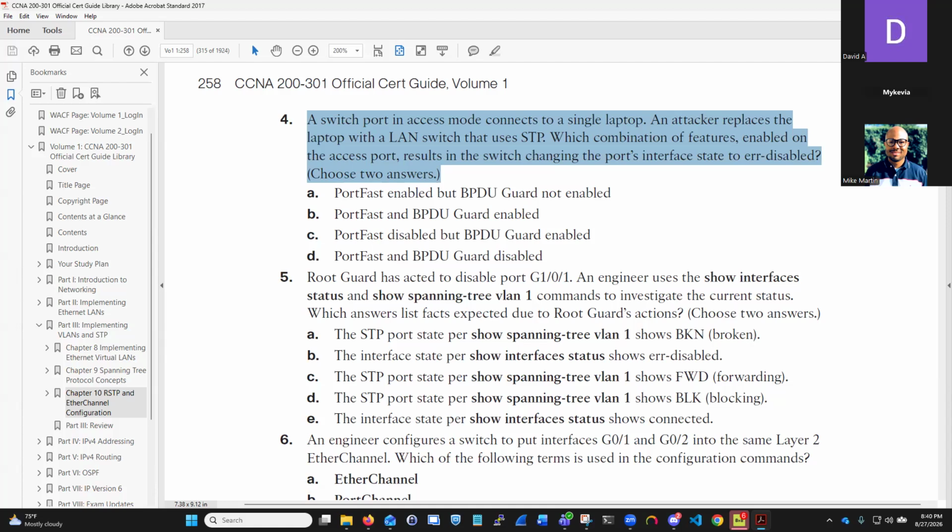So it would be the BPDU when it's disabled. So I think it's two. I think it's A, and